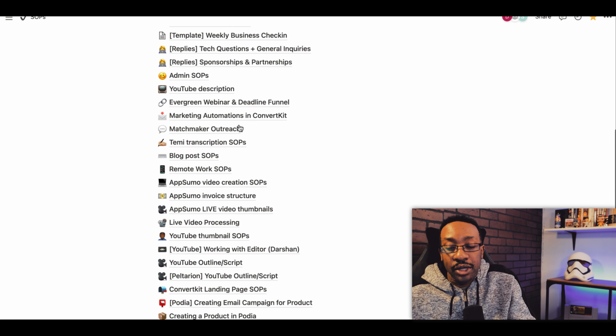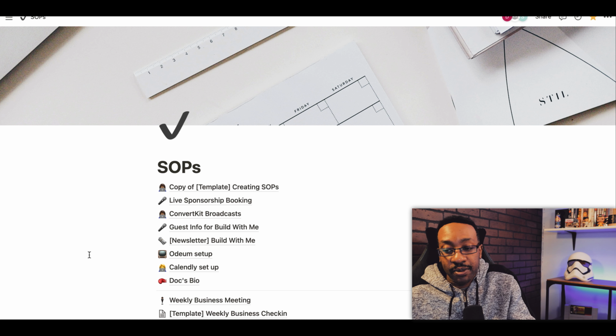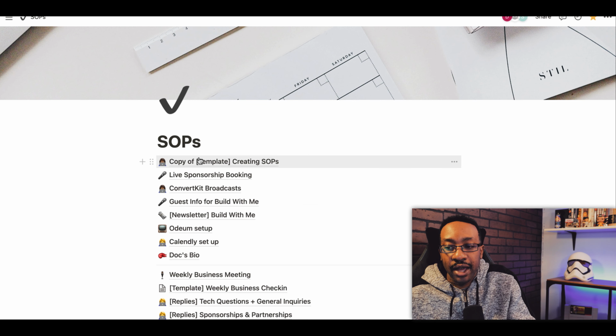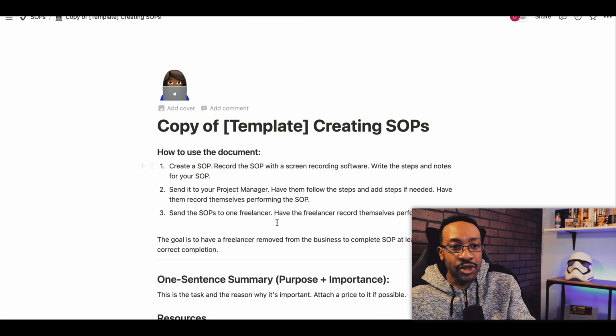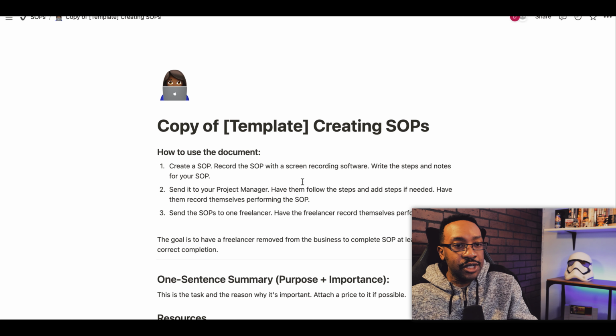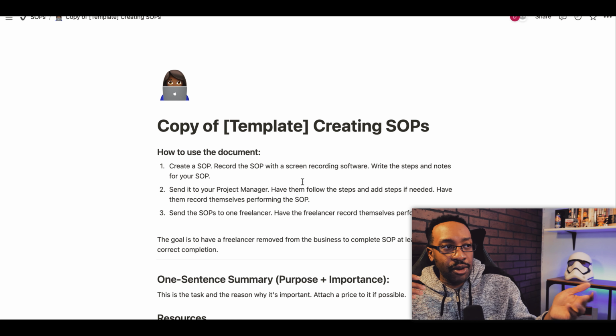Next up, we have Notion. Notion we use for all types of things, but I would just like to point out we use it for our SOPs and everything we're doing to run our business. And also, we have our templates for creating SOPs for our team to be able to talk to contractors, all of these things, but to have a concise place for all of our standard operating procedures to make it as streamlined as possible.